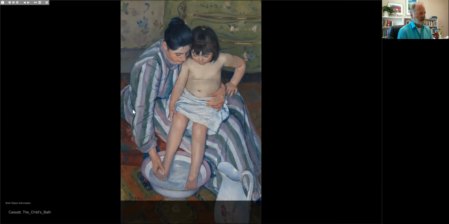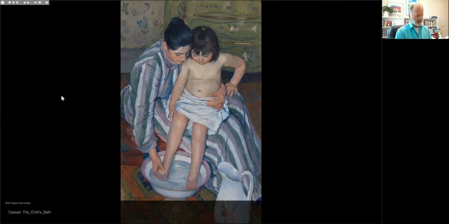And you notice some of its colors are carried into here, what may be a porcelain basin. We see the pattern of wallpaper and furniture in the background. And again, we're looking sharply down on these figures in a way that they might appear in a Japanese print. In 1904, Mary Cassatt received the Legion of Honor from the French government. Quite a striking and impressive indication of her success and the recognition that she achieved late in life.